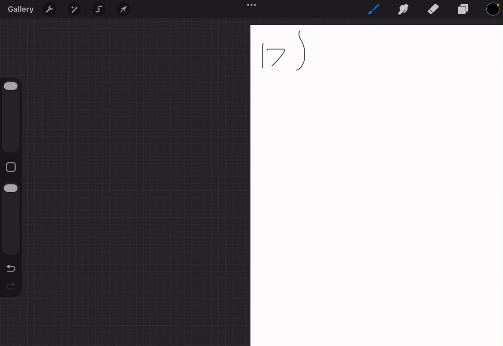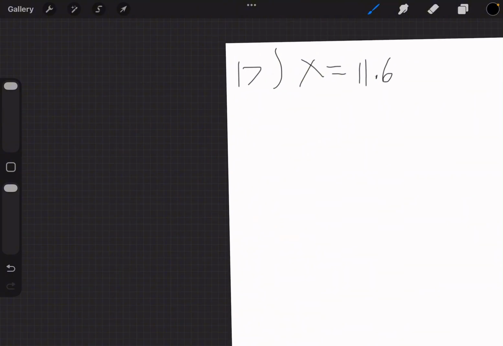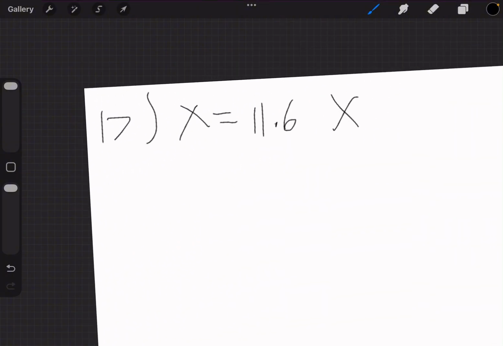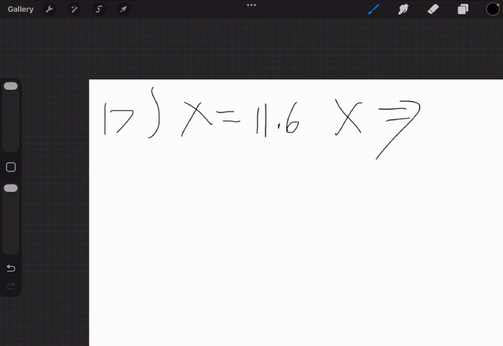So the next question I got wrong was 17. And it says if BD is an altitude of angle ABC, find the value of x. So for this, I wrote x equals 11.6. I was wrong, and the real answer is so that given the angles,